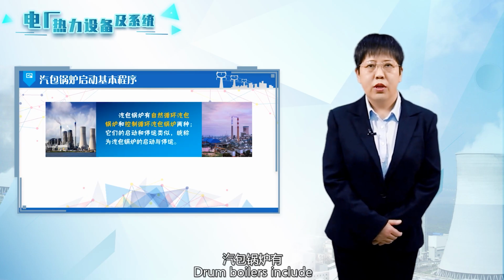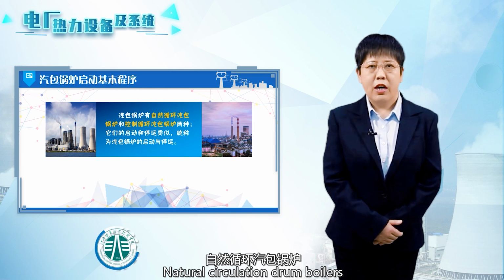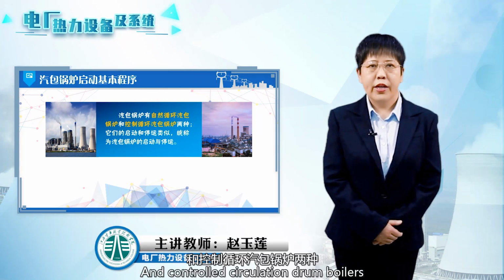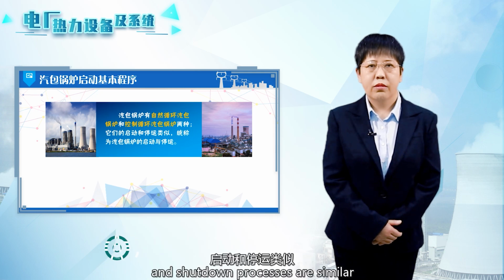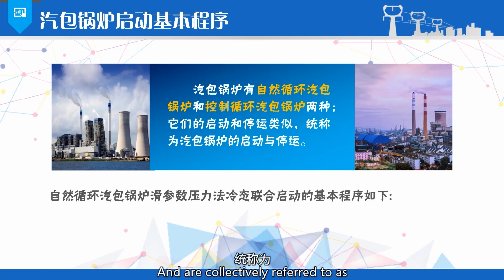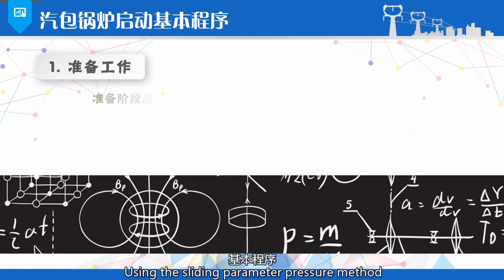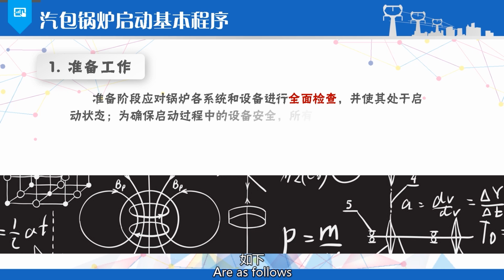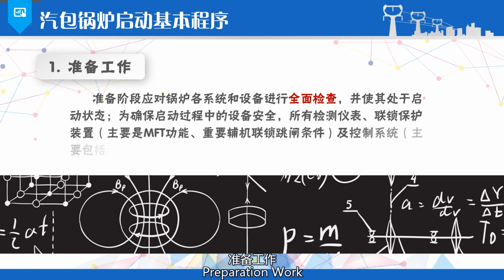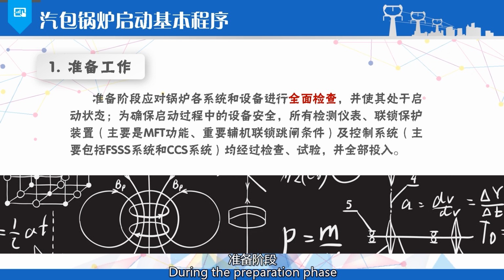Drum boilers include natural circulation drum boilers and controlled circulation drum boilers. Their startup and shutdown processes are similar and are collectively referred to as startup and shutdown of drum boilers. The basic procedures for the cold startup of natural circulation drum boilers using the sliding parameter pressure method are as follows. First, preparation work. During the preparation phase, a comprehensive inspection of all systems and equipment of the boiler should be conducted